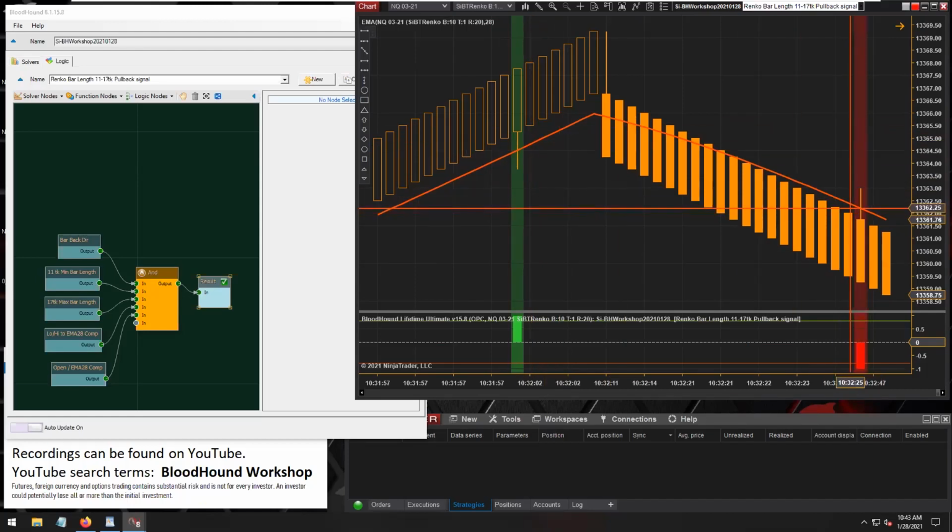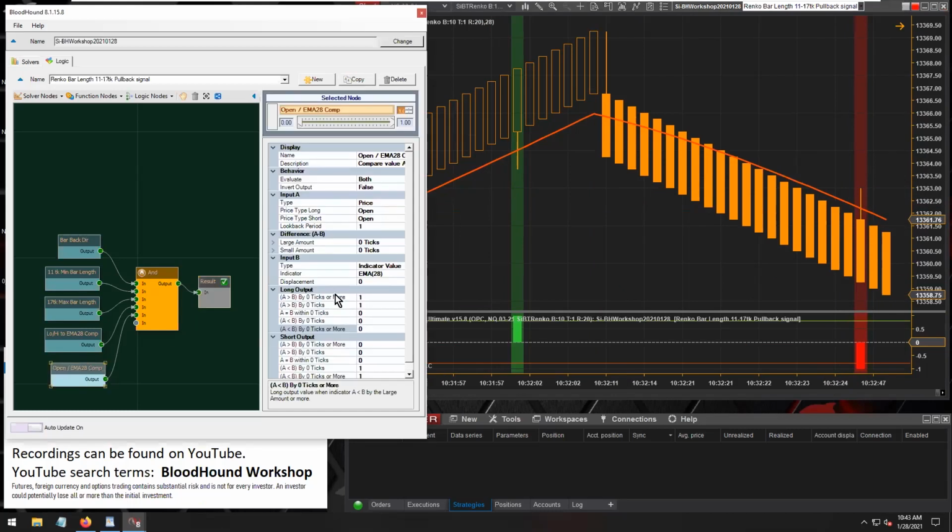We could check one bar back. So if you wanted to do that, to check one bar back, then simply for input B, for the EMA, we just set a displacement of 1, and then